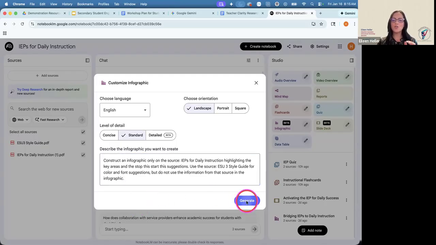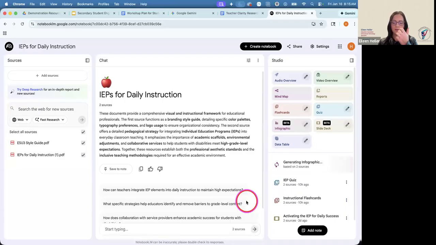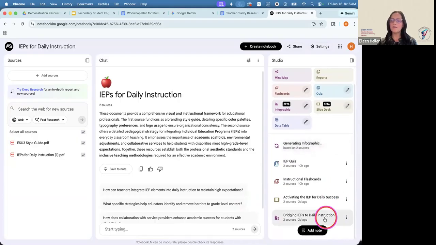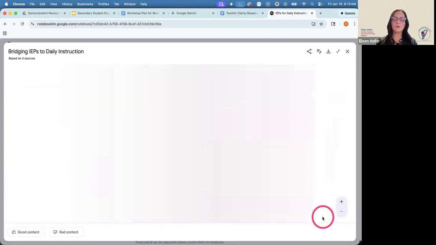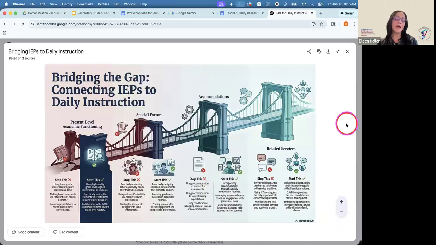So then when you generate the infographic, that one took a little bit more time. I'd say maybe 2 or 3 minutes. And then this is what the result of that infographic was. Now, the one that I'm generating now might look slightly different than this, but that video that shows you how